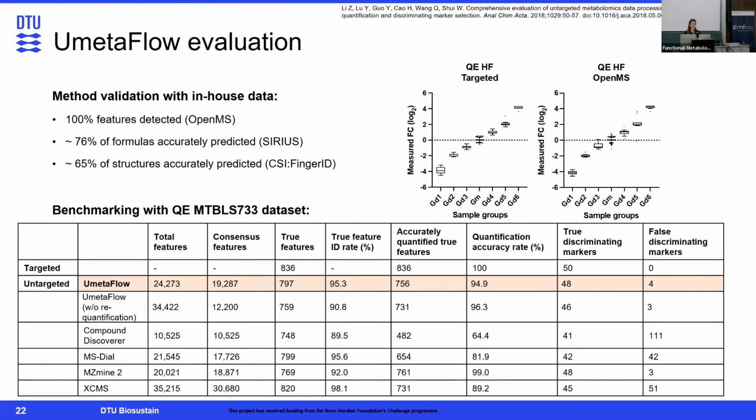But what I can see is that the quantification is very off. They could only quantify 64% of the features that they managed to annotate, which is also on the lowest end. So this has to do with the first step of their workflow, which is the feature detection. I really don't know what to tell you.